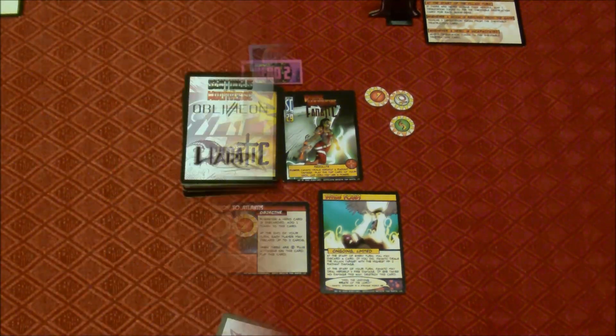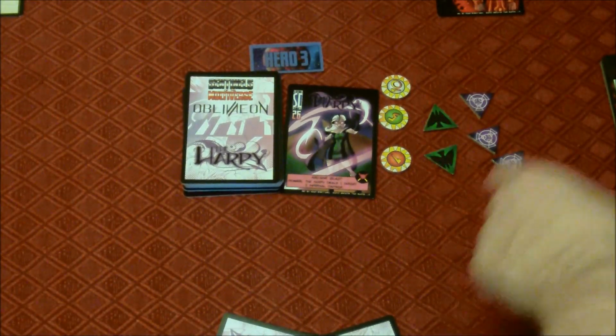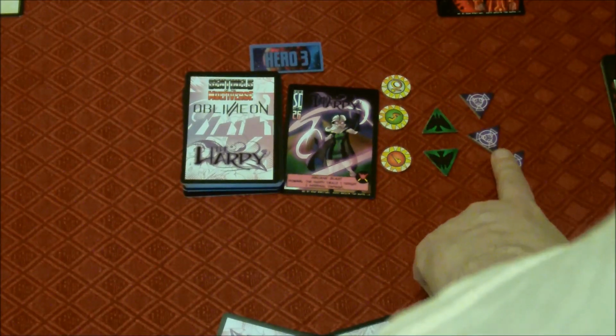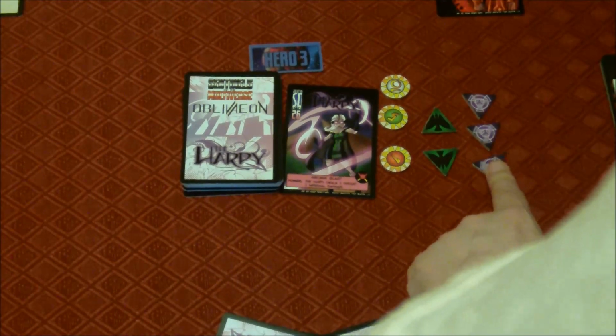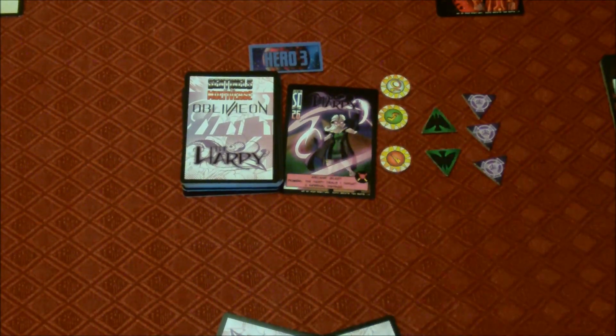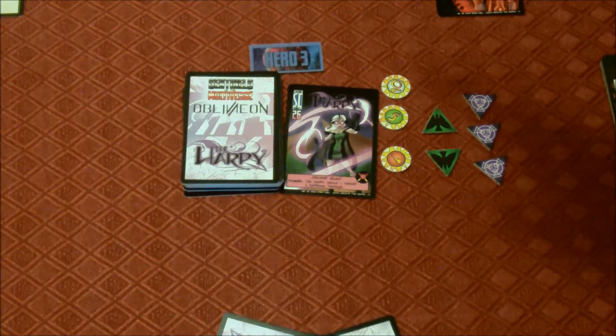Over to the Harpy. Right, I just had to double check about the Harpy and how these start. There's Avian side and Arcana side on her token. She starts with 3 Arcana and 2 Avian. So, okay. Set up. Start of turn. Again, we're going to hope